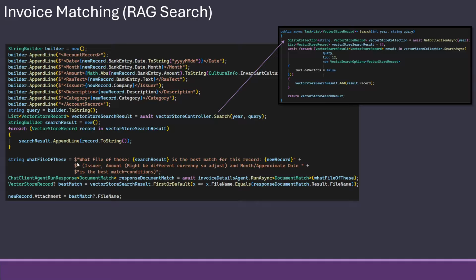So I go in and make an AI do the work among the 12 results that are the most fitting in terms of similarity search. Let's put it in and find the real one. So I just have a document match, which is just the PDF name, the file name. And when I get the file name, I can just take the first result that fits with that file name, and that is now my attachment.